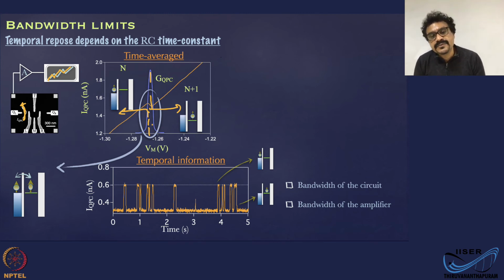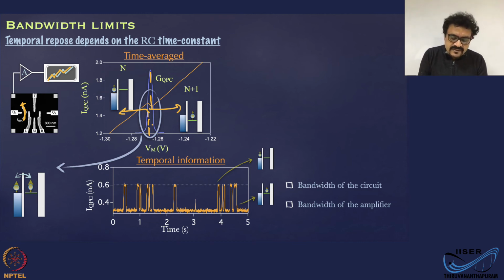But now, this is a voltage sweep. You are sweeping the voltage on one of these gates, for example, in this case, this gate Vm. All it's telling you is that beyond this value, the electron is outside. Above this value, the electron is inside. But it's not giving you much temporal information on how long the electron took to tunnel out of the dot, how long it has stayed inside the dot. Okay, all this information is kept under the rug.